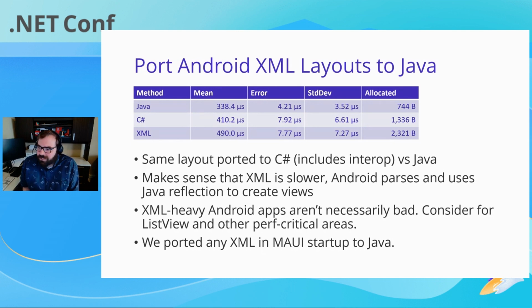So we used an approach where I ported all the code to Java, and then we called in once from C Sharp, and that gave us the best performance that we could see. And we did this for, I think, about 4 layouts that were called in Maui Startup. There might be a few more depending on what features you're using, but we're going to aim to get rid of any of these that we see while profiling.